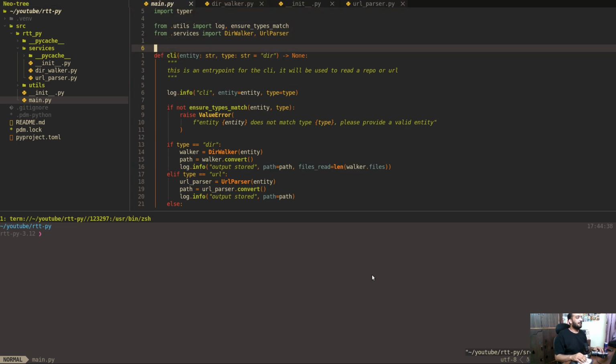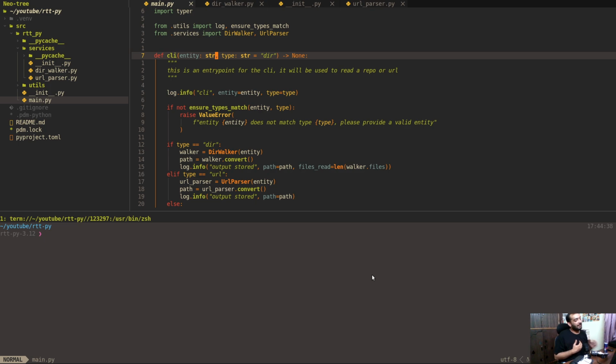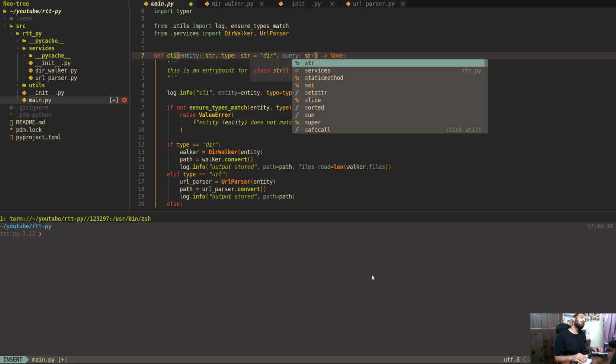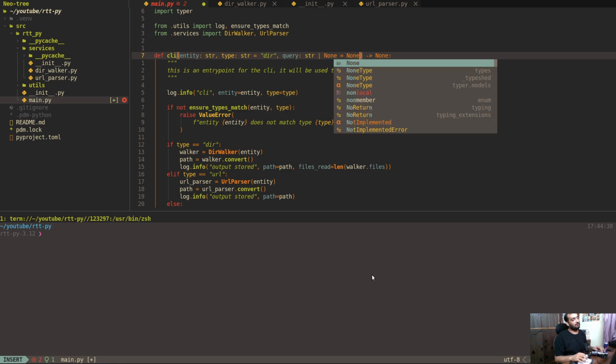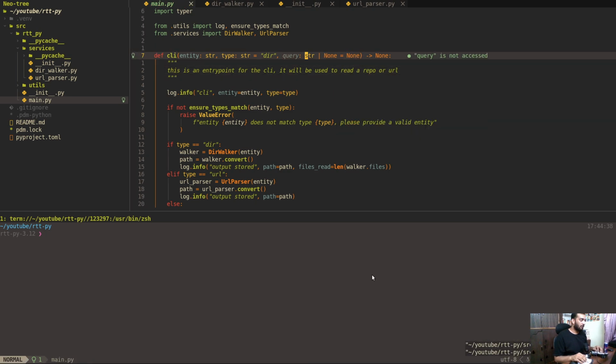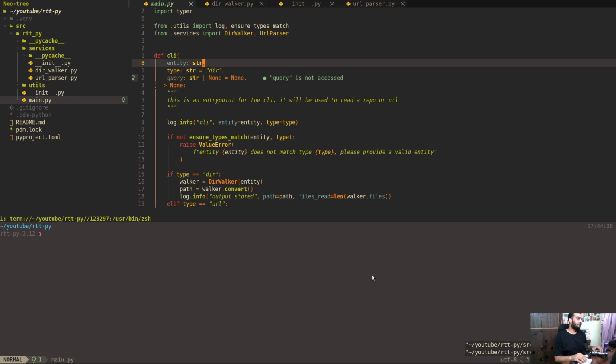So entity is fine. The way it works now is we'll have to provide an entity with a type, and you can also now provide query, which is going to be a boolean. No, it's going to be a string, I guess. And by default it's going to be none. So what does this mean? So entity,